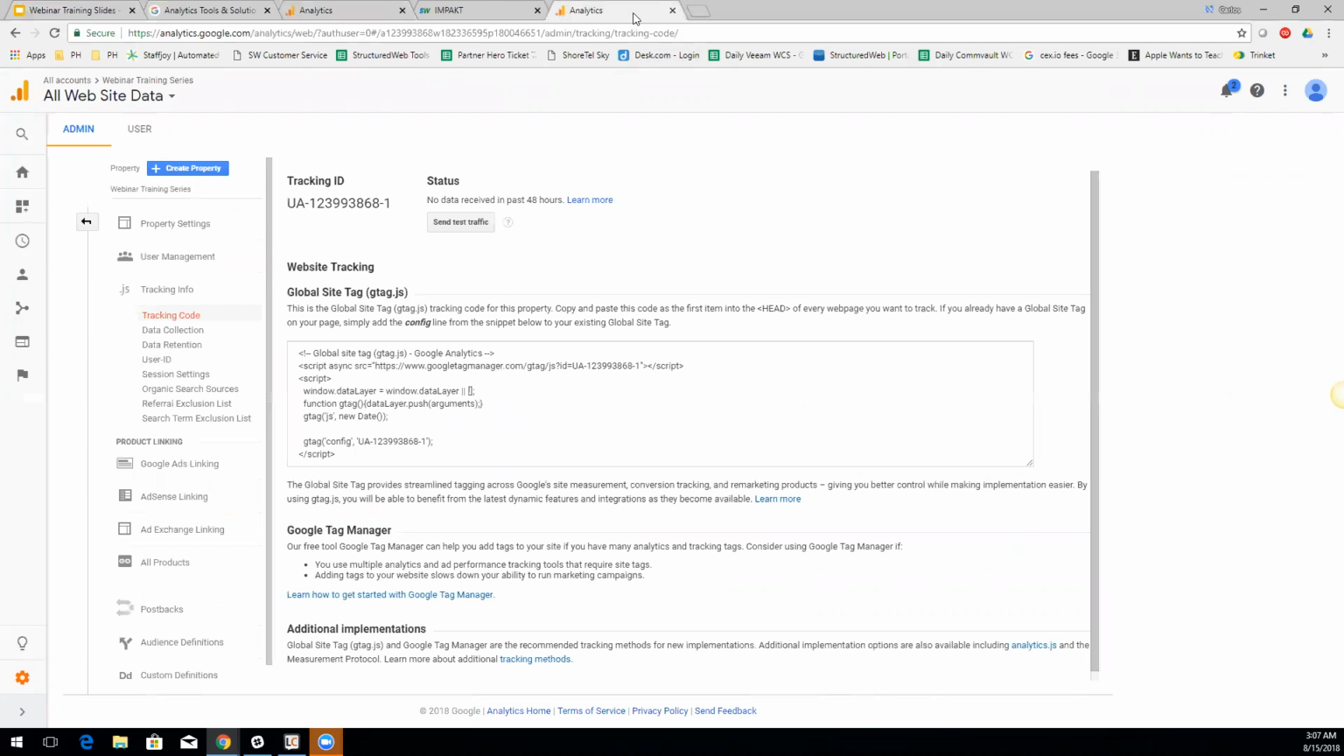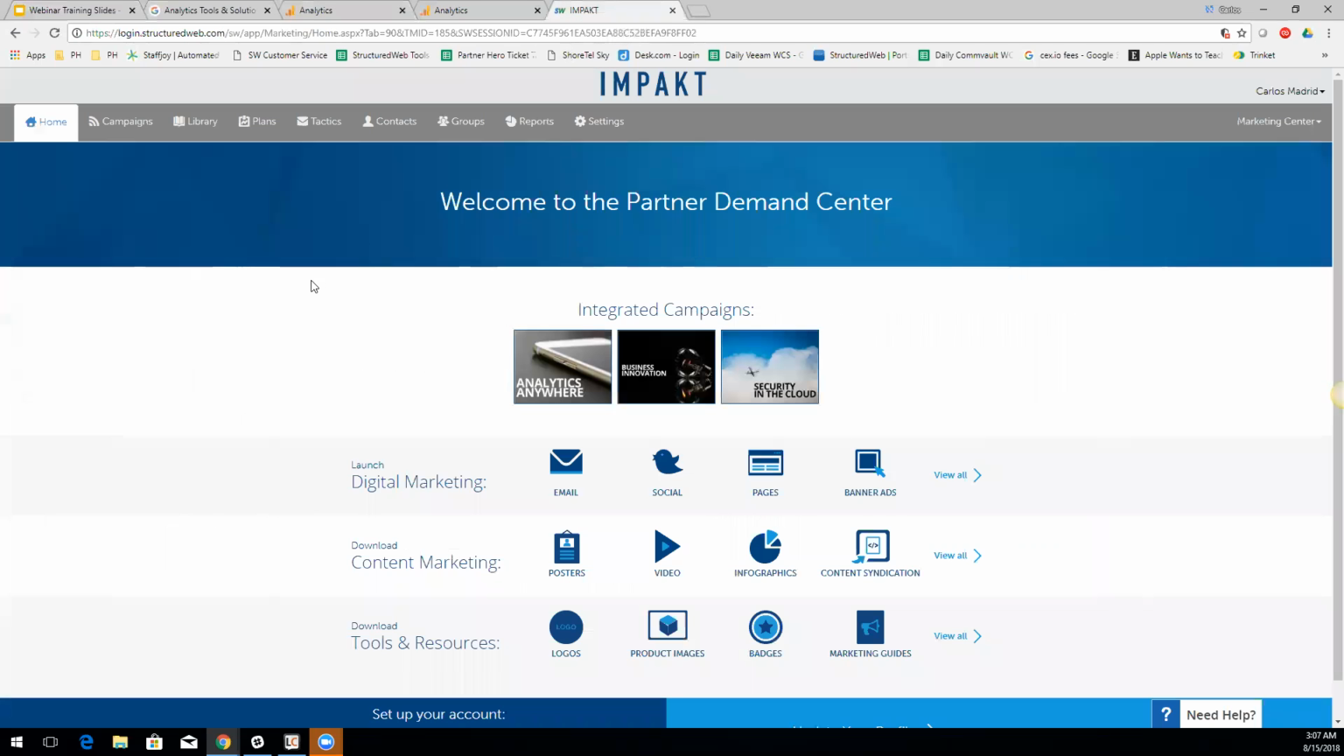Once that's done, I've already done it on my own here for my account. You'll get a tracking ID. Now, that's basically how you would sign up. Now, how do you apply Google Analytics to your site in the Structured Web platform? Let's go ahead and click on